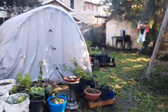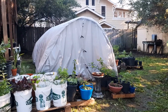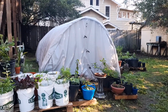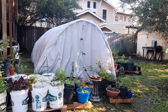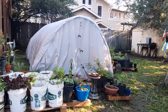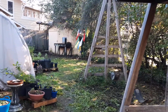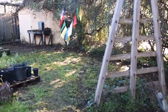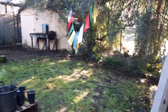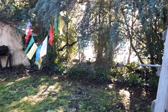Right now this greenhouse is sitting in what is the sunniest part of the yard during the growing season. Since the greenhouse's best use is for starting plants and overwintering exotics, that can actually be done in a more shaded area next to the tree line. And we just run a few grow lights in there and maybe a little heater. We could put a compost pile next to it, and in place of the greenhouse,